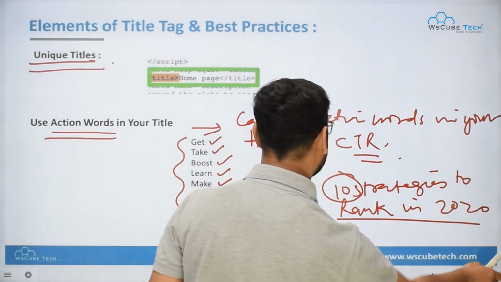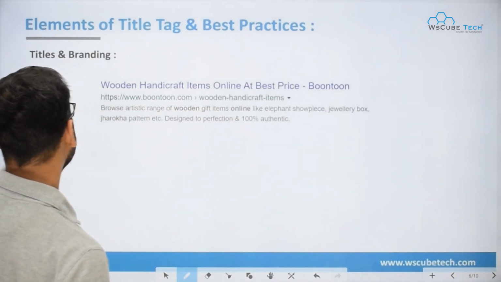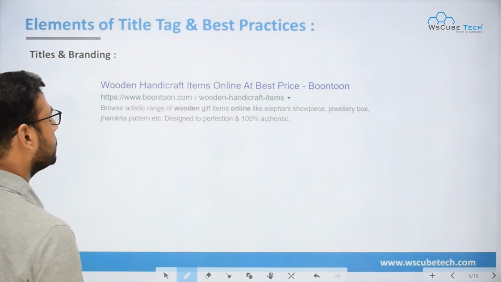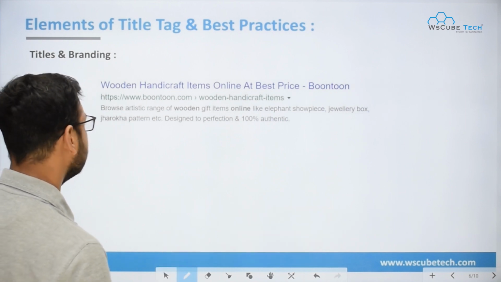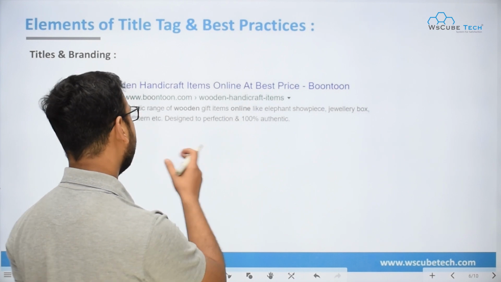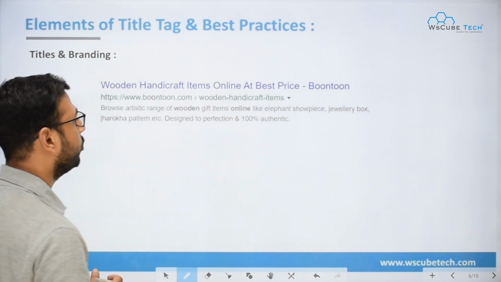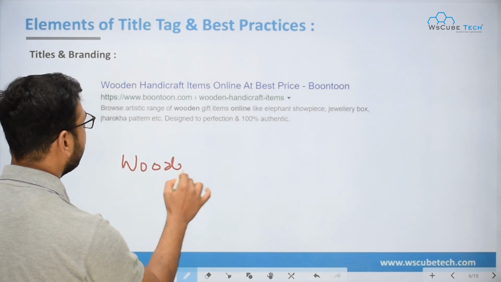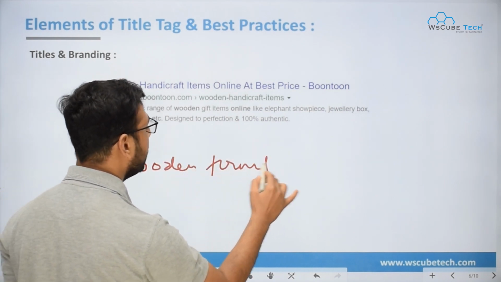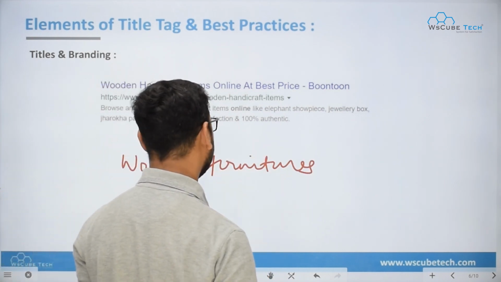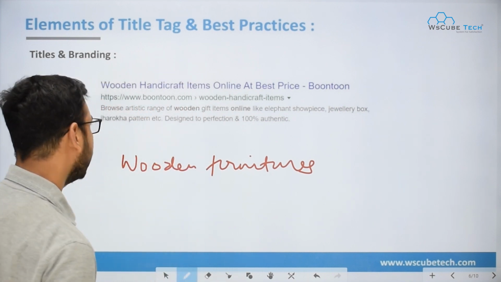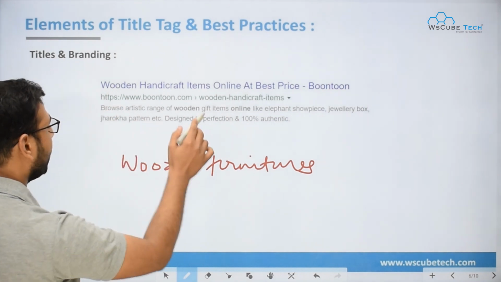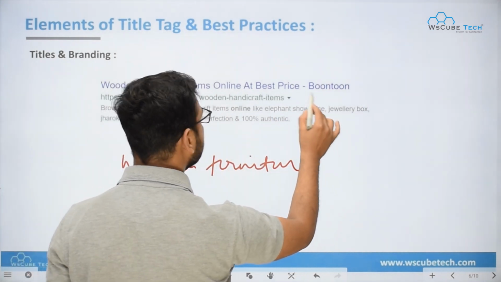Now let's come to the next thing, which is titles and branding. Within titles, many companies and SEO persons also use branding. I have taken the example from the wooden handicraft industry. If you type something like wooden furniture in Google, you will see many results related to wooden furniture websites, and you will notice that within the title people also use their brand.